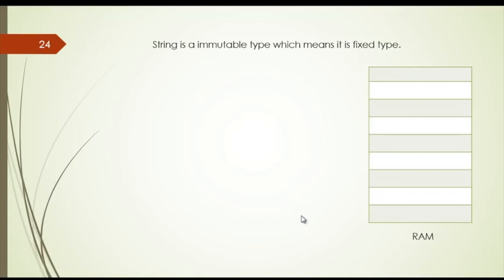It never really changes the hello world. What it does is look up the heap or memory, assign a new location for changed, and make a new string. That's why it's a fixed type. Every time you change it, it really makes a new string. It doesn't change the previous one. That's why it's a fixed type, or said to be immutable.